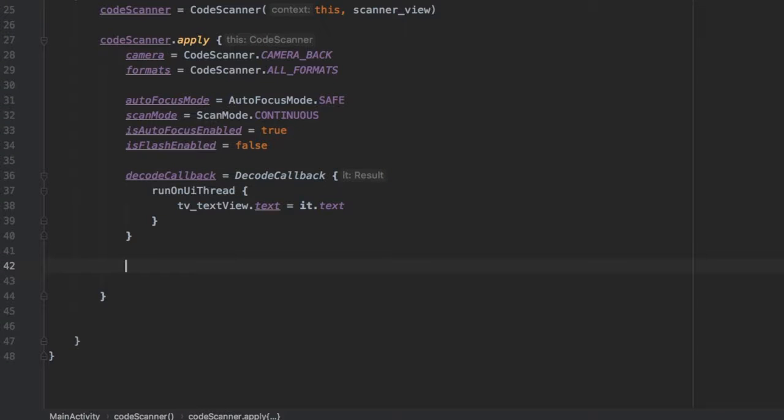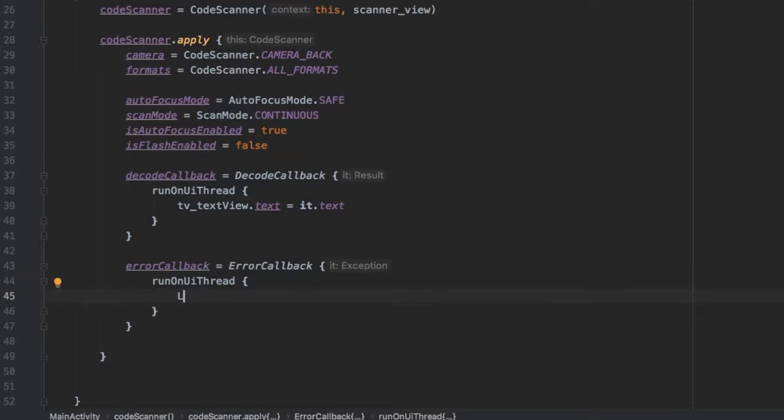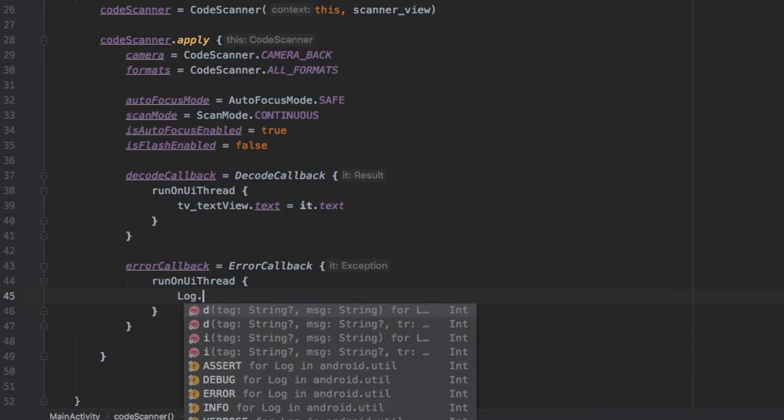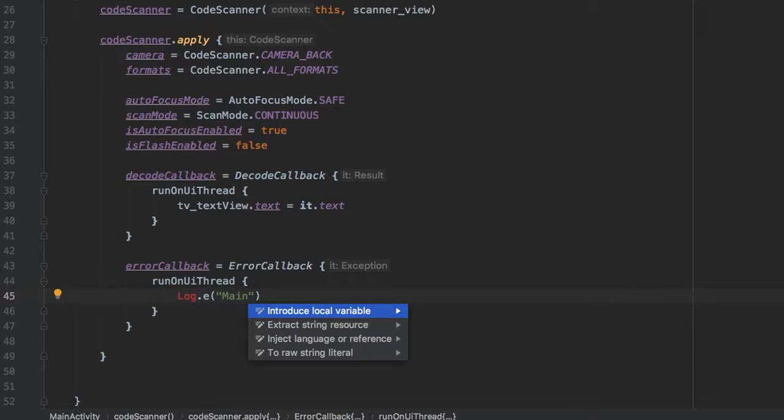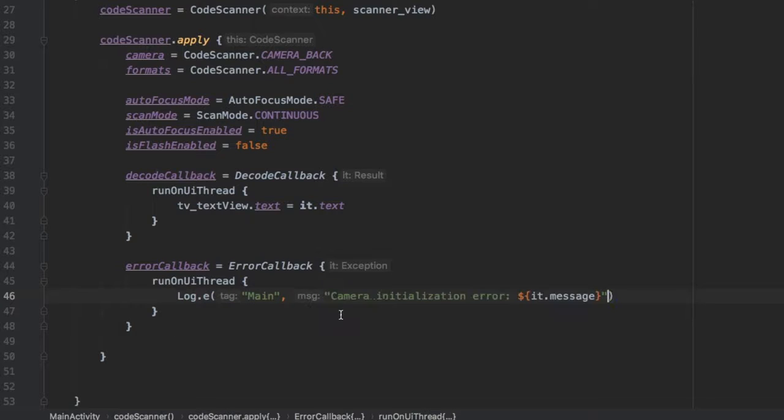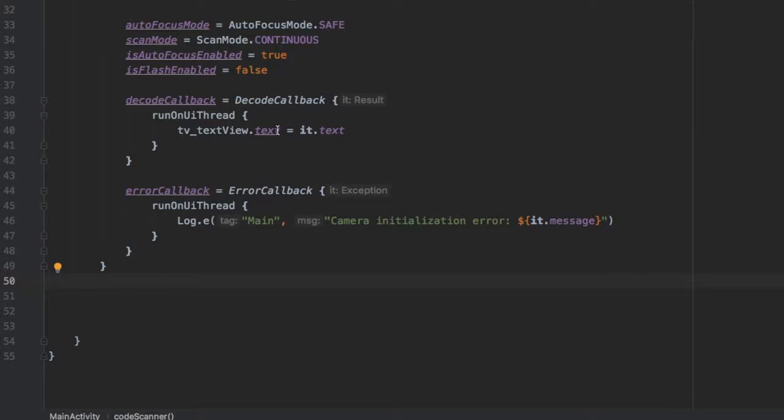And then we will add another callback, and this one will be an error callback in case something goes wrong, and that will equal an ErrorCallback. And inside here, we also want that to run on the UI thread. We will just log that something went amiss. Log.e, and we'll give it a tag of Main, and we should import Log. And then we will just insert this message here, which says camera initialization error, and it gives you the error message. And also down here, just in case you decide to set this to anything else that is not continuous,